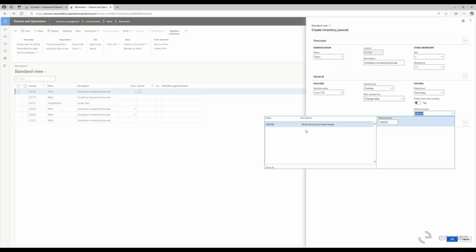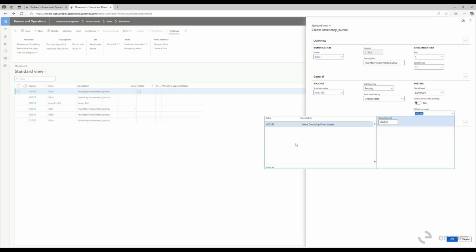Rather than creating an internal purchase order or internal sales order where users would have to process all of those records through to get these items consumed for the break room, an inventory movement journal is a great way to stock up those items, specify the offset account as the break room ledger, and then adjust this inventory toward that offset account. That's a great way to keep track of why this inventory is moving in and out of your